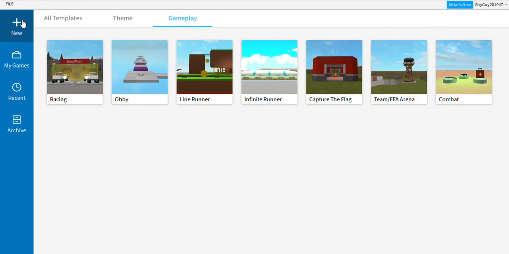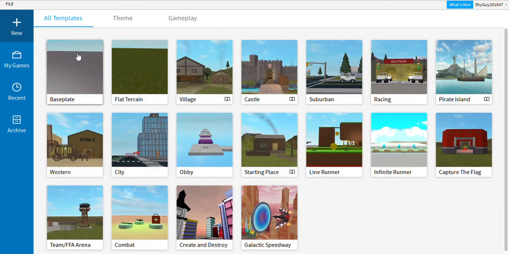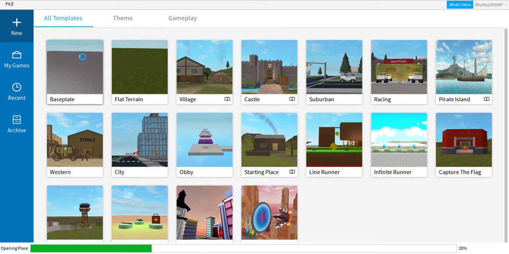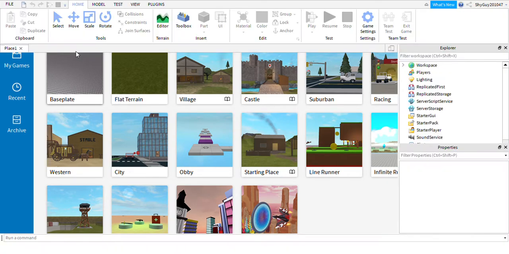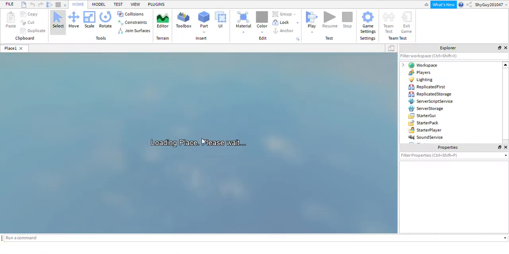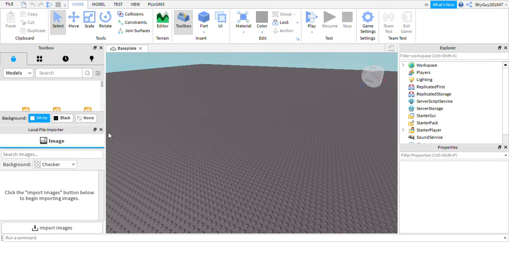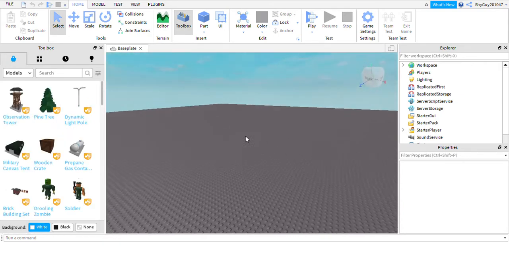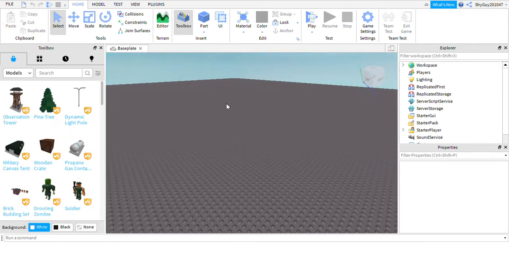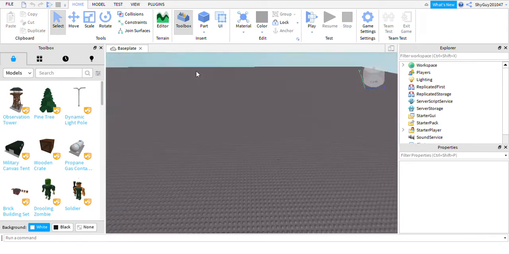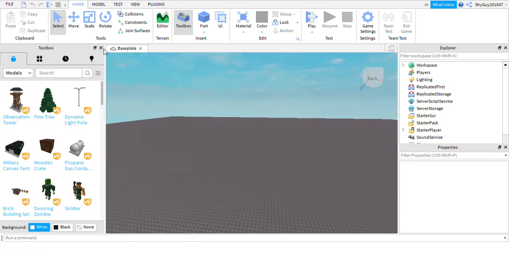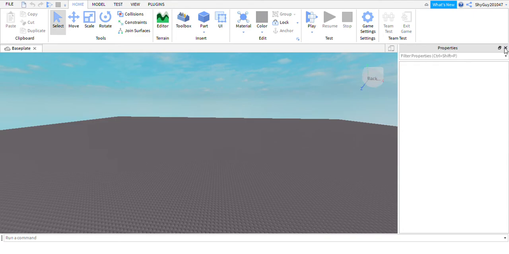So let's start up with a base plate. You should just have to double click on that and it should get it in. I'm on my Shy Guy 201047 account, so I don't need these plugins open. So this is basically a base plate. If I just close these for a sec,